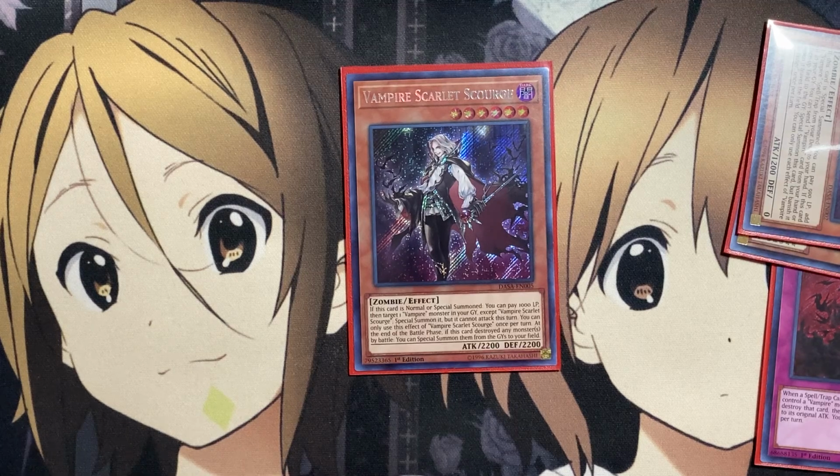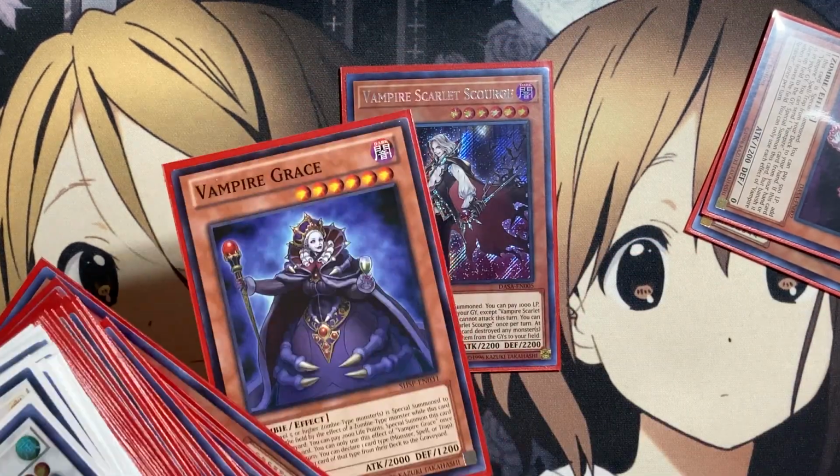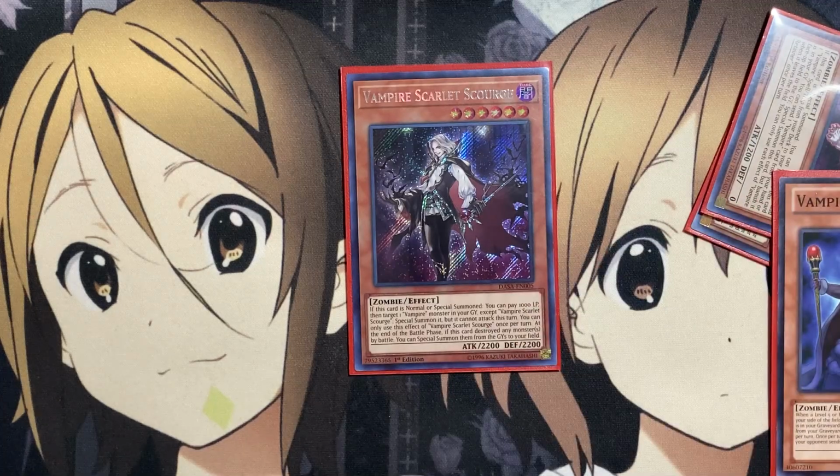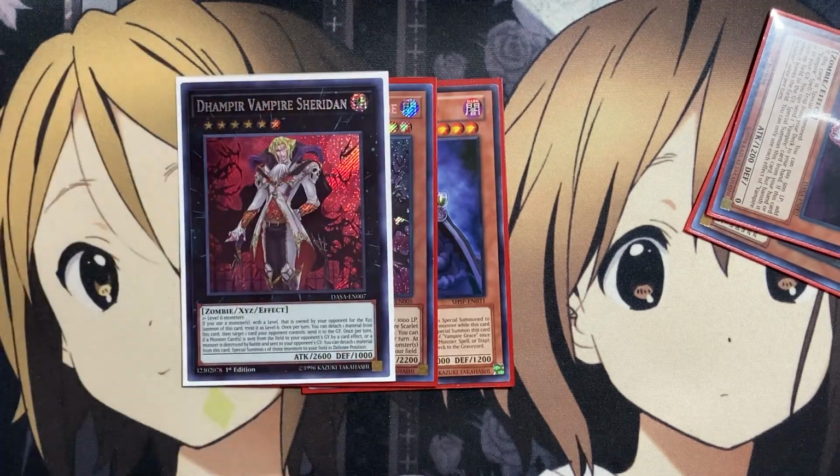When it's Normal or Special Summoned, paying 1,000 Life Points, target a Vampire monster in your graveyard, except for Scarlet Scourge, and Special Summon it. So this helps with the additional resource. If you didn't want to go for that play, you would need the other monster that you sent to not be Vampire Domination, but to be 1 additional Vampire monster. So if it was a card like Vampire Grace, you can get the Special Summon to summon out onto Scourge, and then you have the overlay play for your monsters being able to then go into your Damper Vampire Sheridan